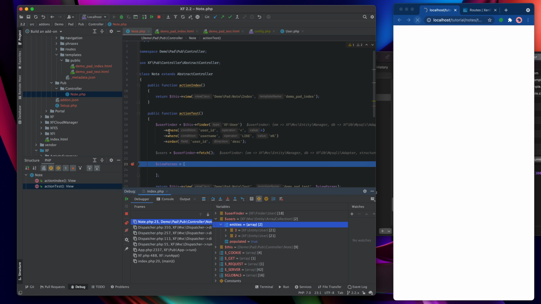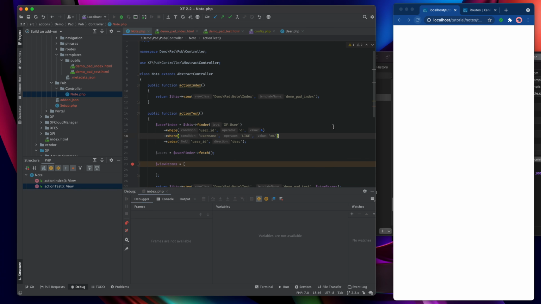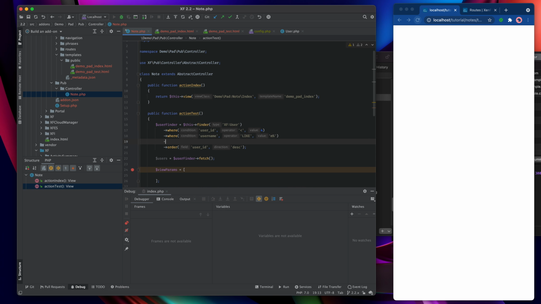Now, having said that you can chain these where commands, that's absolutely true. And what we're doing here is we're saying where this and where that. But what about if you wanted to say where this or that? Well, as it happens, that's actually quite straightforward. We're going to use a method called where or, and it looks like this.